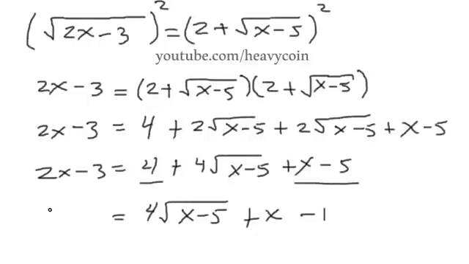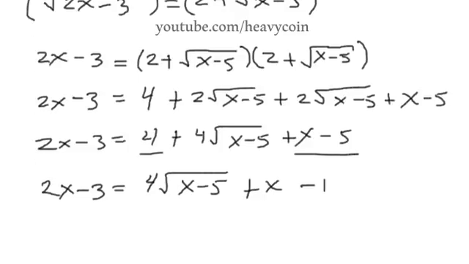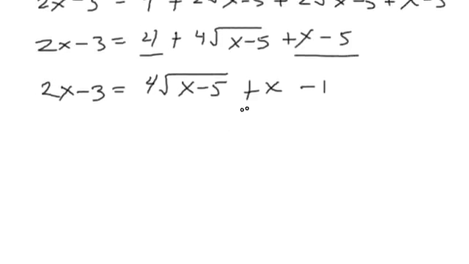I'm going to rewrite 2x minus 3. Now what I'm going to do is go ahead and take this x and this minus 1 here over to the left hand side. So we're going to